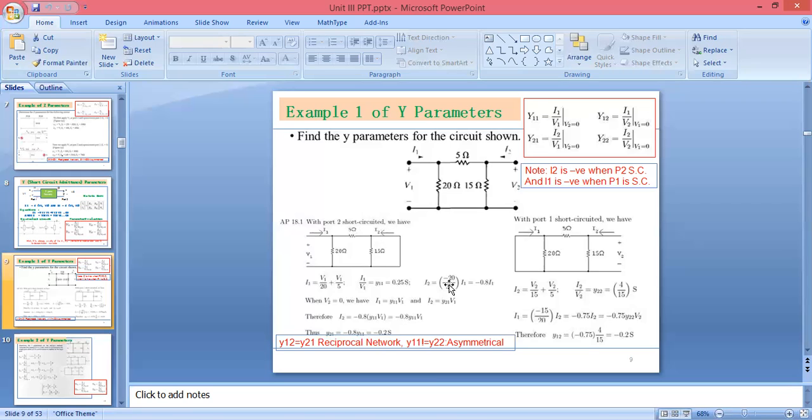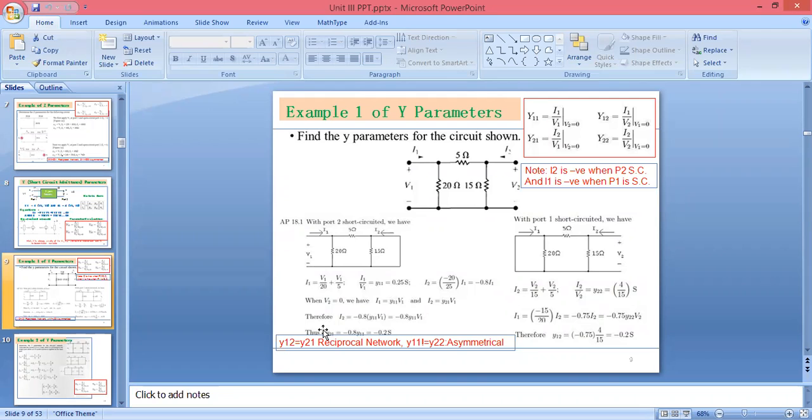I have written here in the short form. So you will get I2 in the form of I1, that will be 0.8 into I1. You can write the value of I1 in terms of admittance and you will get the remaining value. So therefore you can solve I2 by putting the value of I1. और I1 का वैल्यू क्या है? I1 क्या हो जाएगा? V1 into Y11. और Y11 का वैल्यू क्या है? 0.25. So you can write here and you will get the value. So thus, if you calculate, you will get the value for I21.